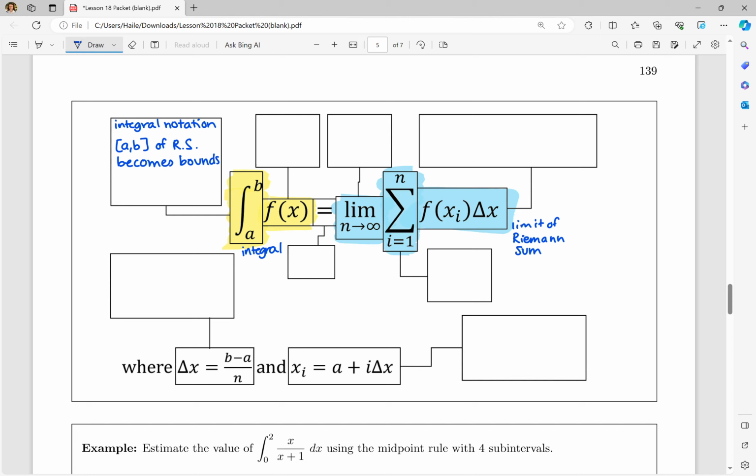Okay, so we read this, the integral from a to b. So we read from bottom to top. And the smaller number always goes in the bottom. Okay, so then we have some function, f of x,